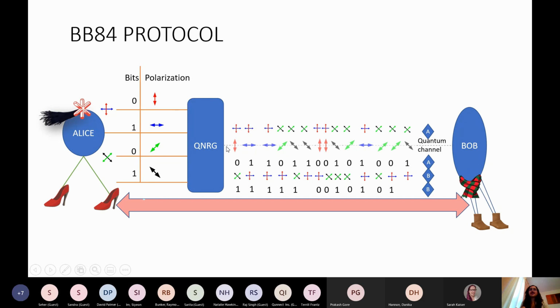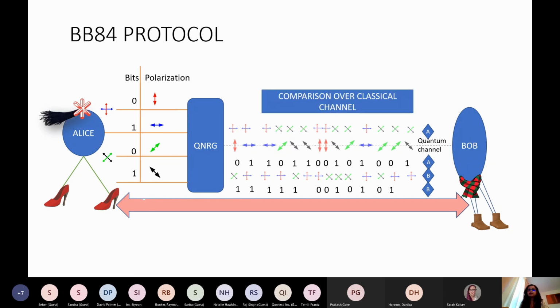So when Alice is sending a bunch of photons, what she's actually sending is a bunch of different polarization states. If Bob takes one of the polarization states and measures it in the correct basis, he will be able to tell whether it's 0 or 1 that Alice has sent. And so you can see that at the end, there will be multiple errors, but there will be some length of a string of 1s and 0s that Bob will be able to distill out.